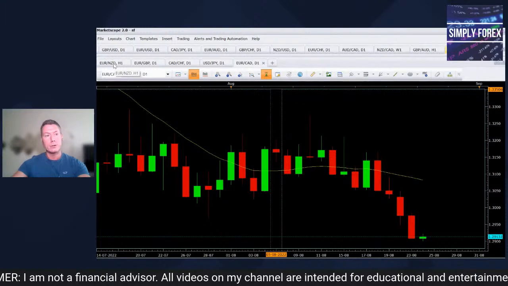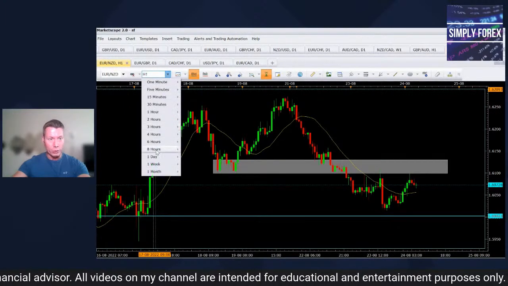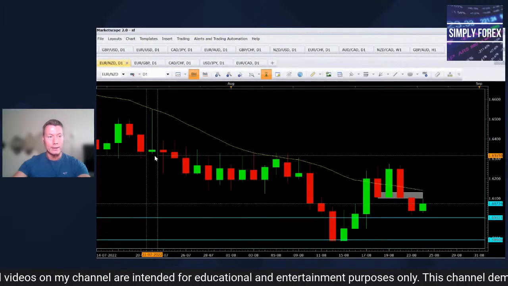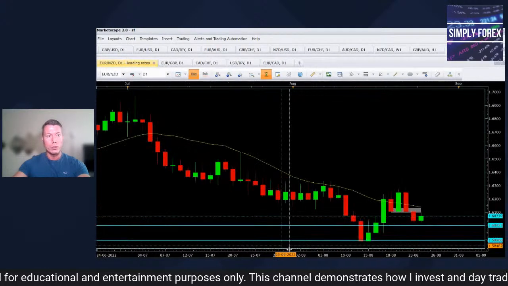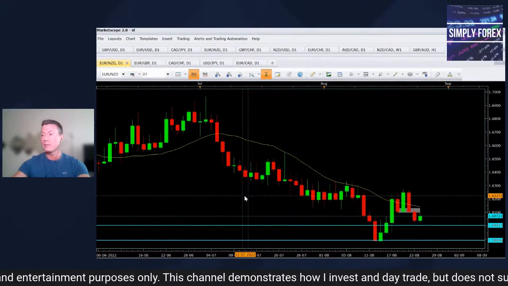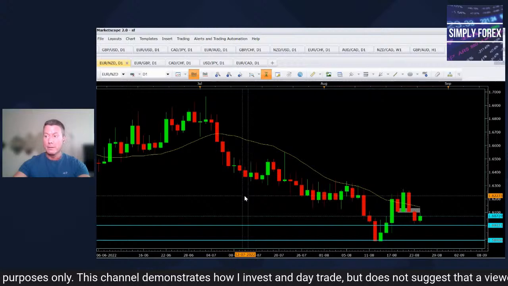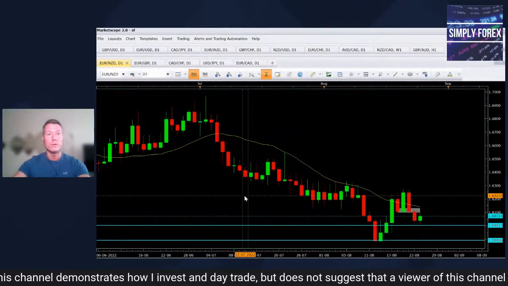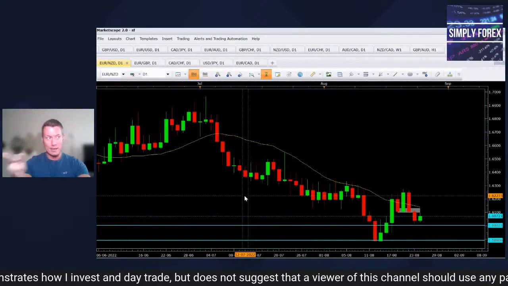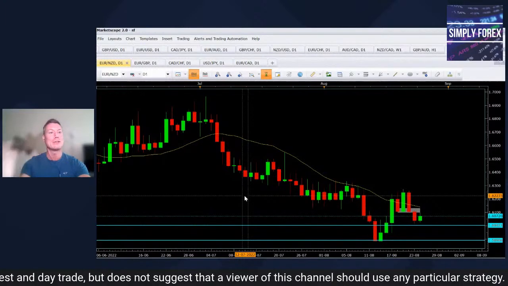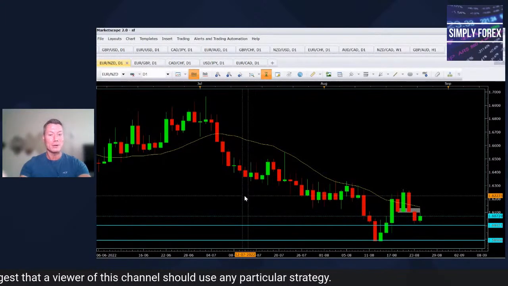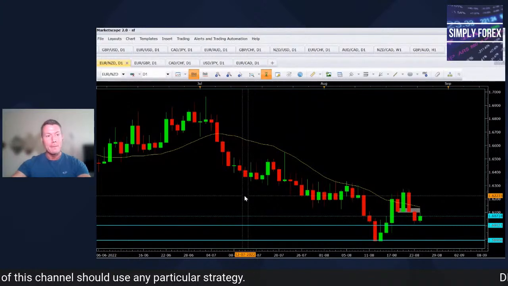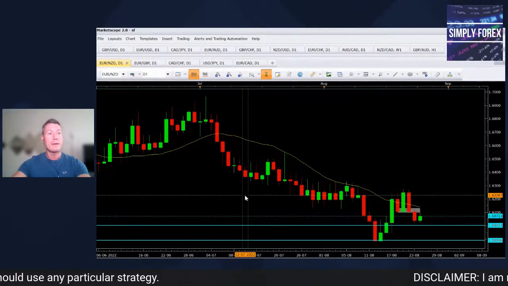All right, so first of all, we are still looking at this pair. Okay, so this is the euro against the New Zealand dollar. Okay, so these are trade ideas for Wednesday, the 24th of August. I've got lots of things going on, guys. But today is Wednesday, the 24th of August. And this is our first trade idea.